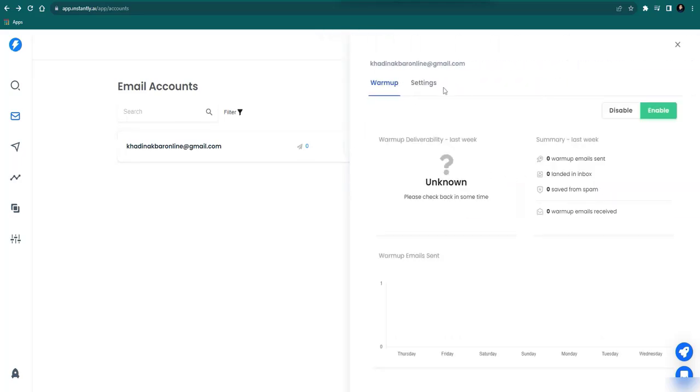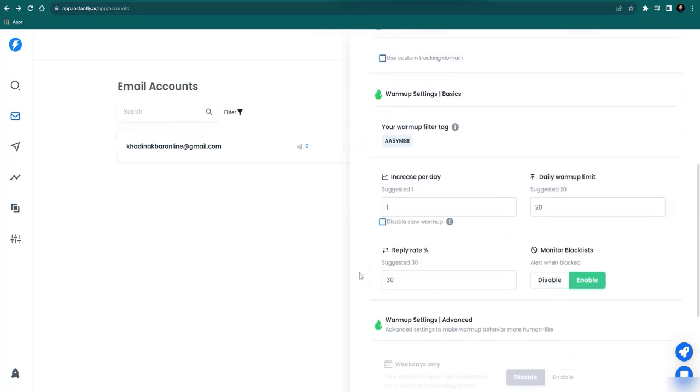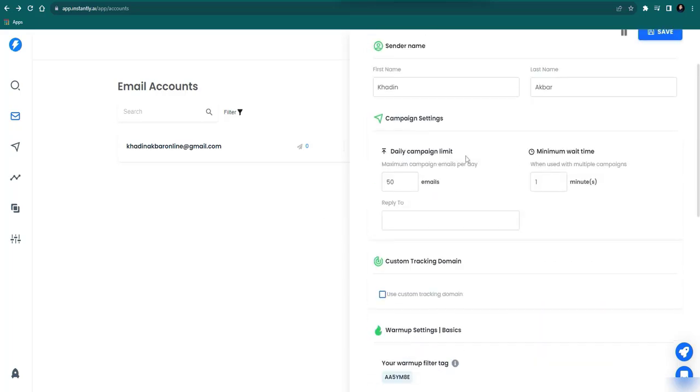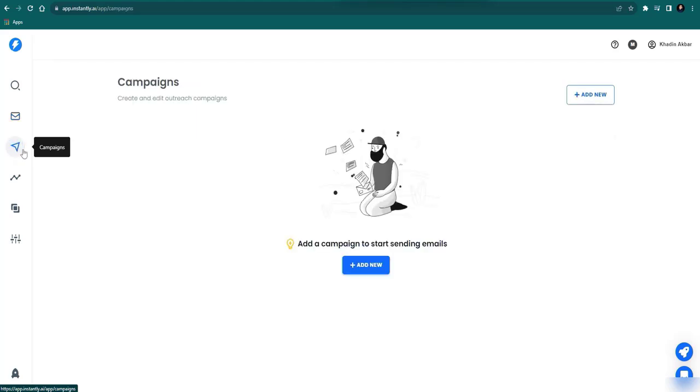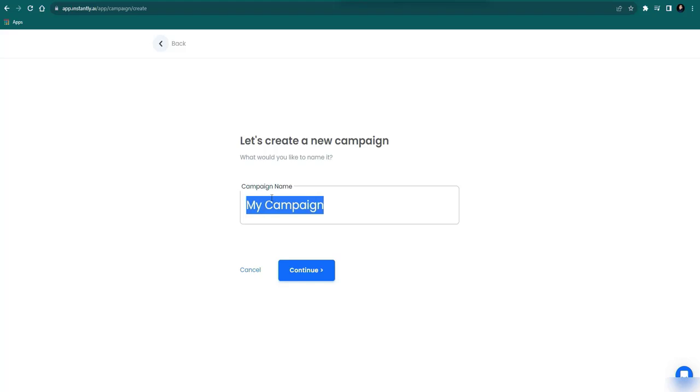And you can do a bit more settings here as well. This tool just warms up your email first to tell all the spam filters that this is a reliable email and this is a worthwhile email. Then you can just create a campaign and send. First, let me just show you how to create the campaign. Sample campaign,